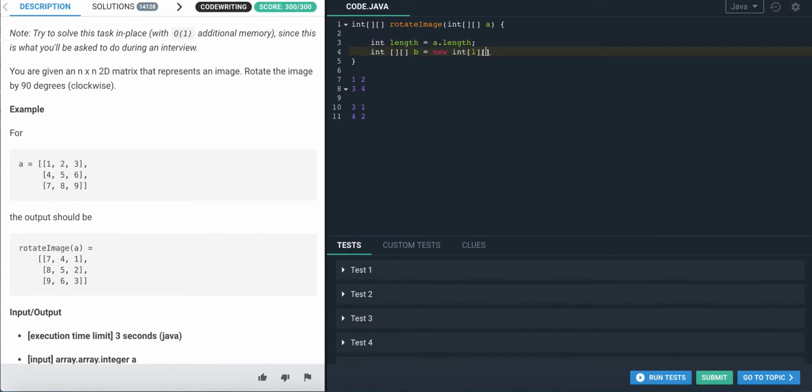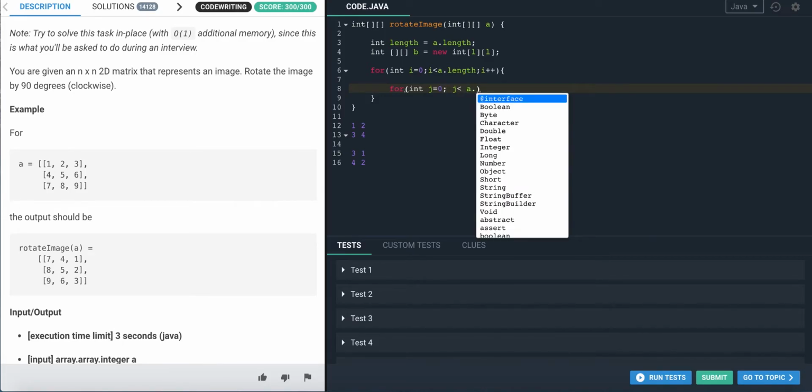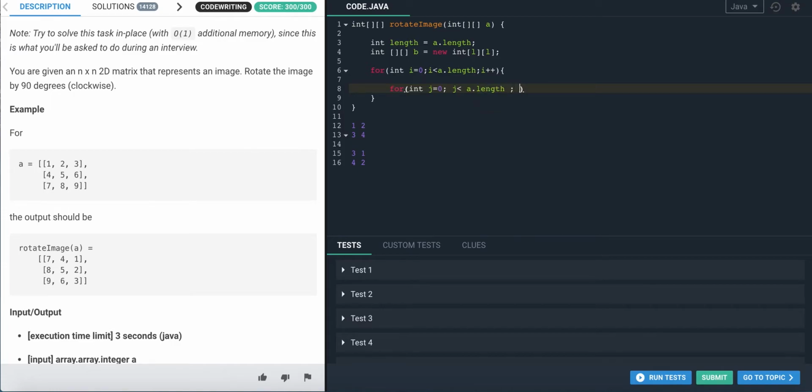Then for each int i equals 0, i less than a dot length, i plus plus, then for int j equals 0, j less than a dot length. Let's just do it like this right now. If we do this and then fill up b, this will be pretty naive,